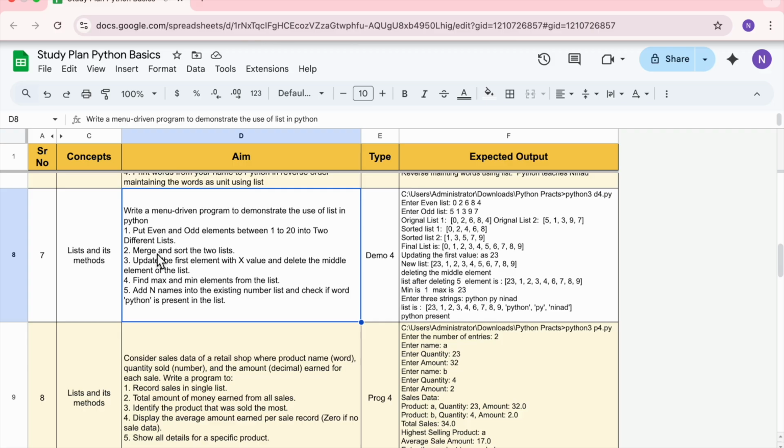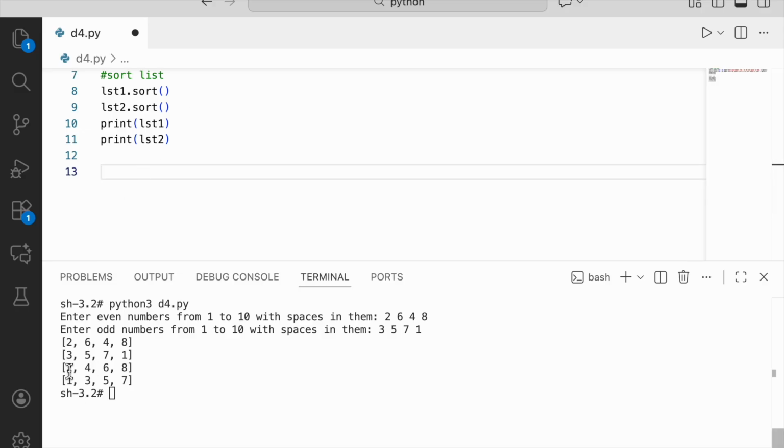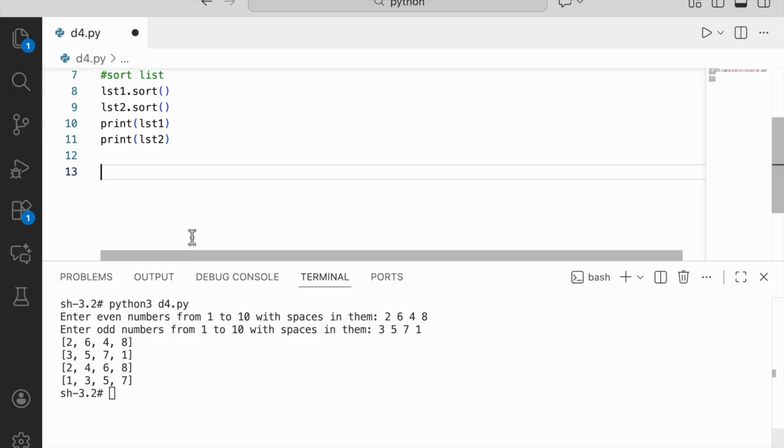Okay, so I think we already know that we have a sort method. So sorting is not a big deal. All right, let's try to do the other thing where we look at these two lists, and whichever is smaller, we add that in the third list, and so on. So we'll take an empty list. Okay, so to create an empty list, all right, so first merge